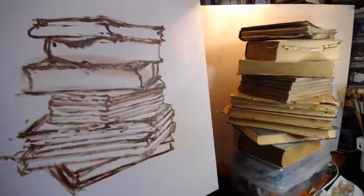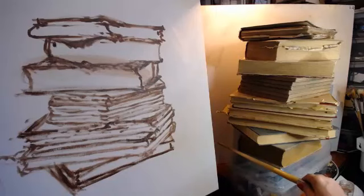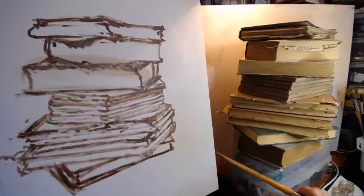So there we have a pile of books. I'm not sure about putting that one on. Oh, that's the one I've just put on. So they've got to be sitting on something. Now I have a desk, but that desk wouldn't be there, would it? So unless I make this into another box, I could make this into a big book, but I don't want to do that. So basically the desk would be kind of,